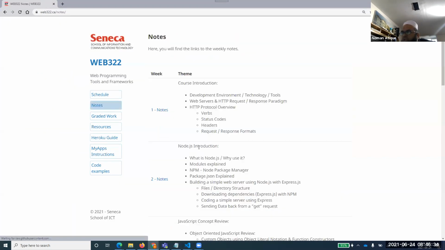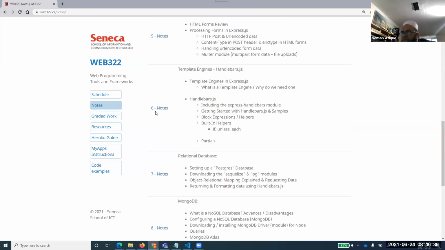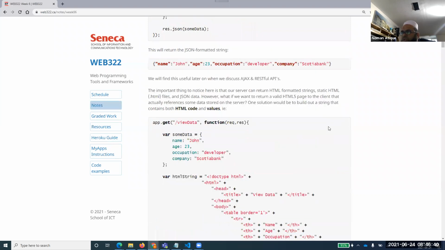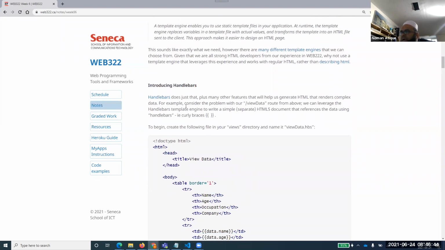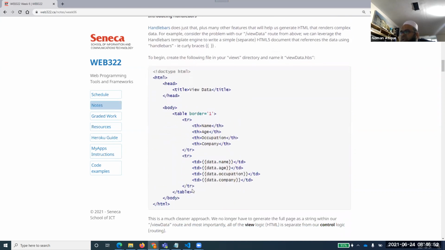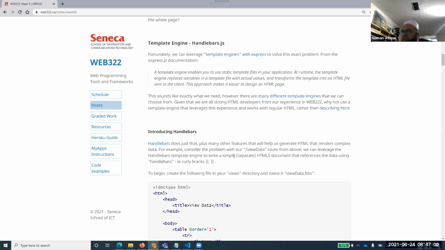So let me quickly show you something that is in our notes. We talked about handlebars and saw what it does. Basically, it is used as a plugin for data. You see here, some data has been passed to it, and that data can be displayed by using the name from which it has been passed.